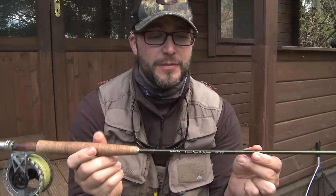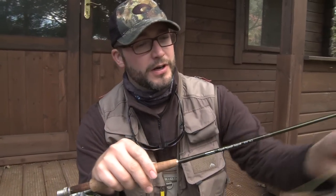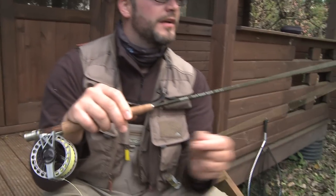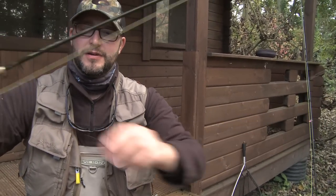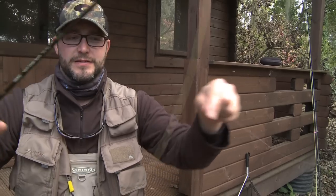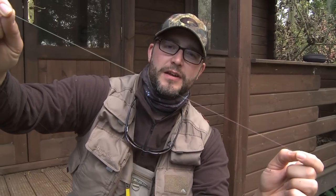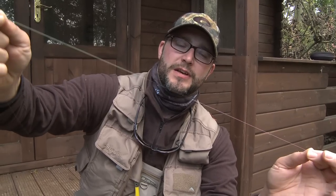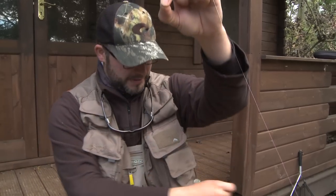This is for French nymphing, slightly different setup. So here I have a 9'9" 2-weight rod, very, very light, very, very whippy, very, very sensitive. I've got a check nymph line down into a fluoro tapered leader, which then terminates in an indicator, which is fluoro pink and fluoro yellow line, and I've just coloured in a bit of black halfway through just to separate the colours, make them really visible. Onto this is a micro ring, straight onto my leader,